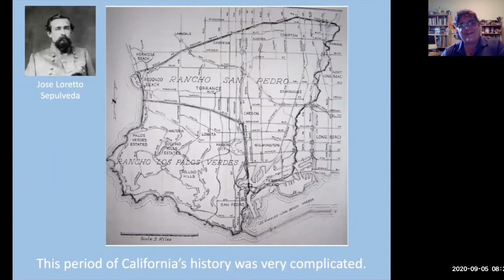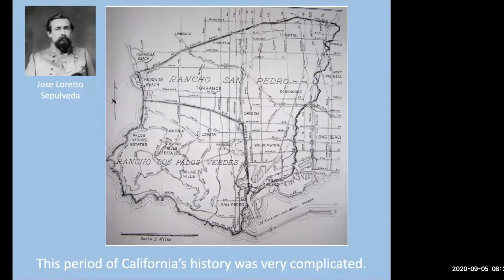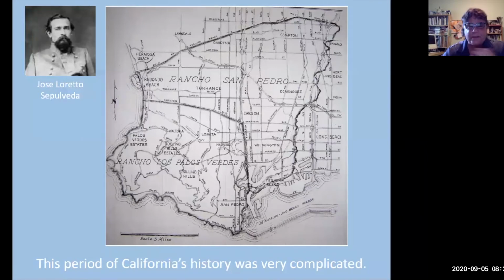So this is Jose Loreto Sepulveda. He's a gentleman who really liked this area called Rancho, this part of the hill. It wasn't deeded to him. He went to court not once, not twice, but three times. The first two times he lost. The judge said, no, it's in the Dominguez family, leave it alone. But he stayed there long enough and fought hard enough, and eventually this became Rancho Palos Verdes.